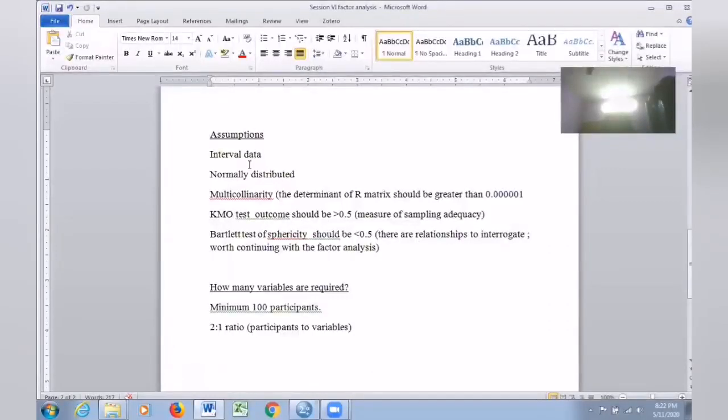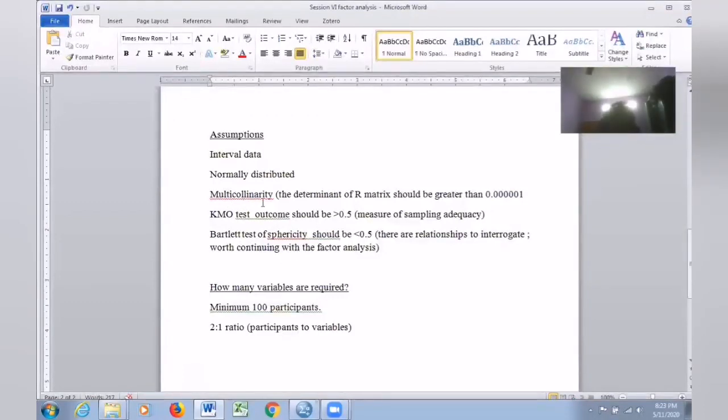As we have been discussing for each and every test, there are some assumptions. Even for factor analysis, we have got some tests. The data should be numeric, that is the interval data or scale data. And data should be normally distributed. I told you how to find out whether the data is normally distributed or not by using one sample test, or you can use a scatter plot or something like that. And there is something called multicollinearity.